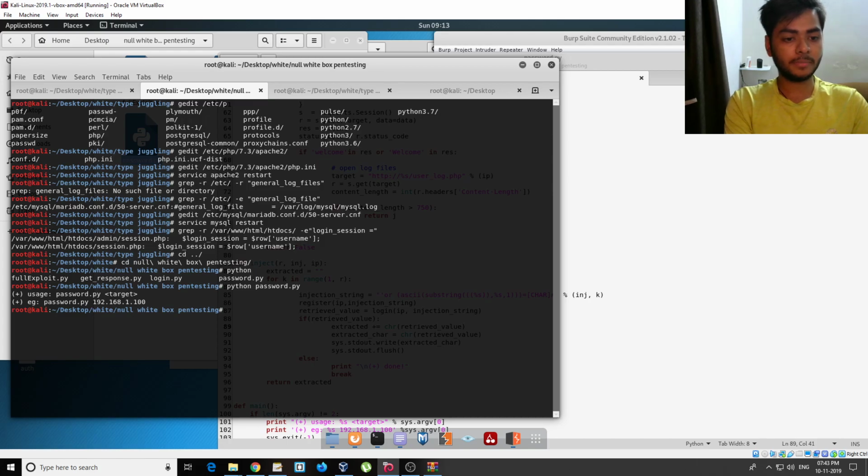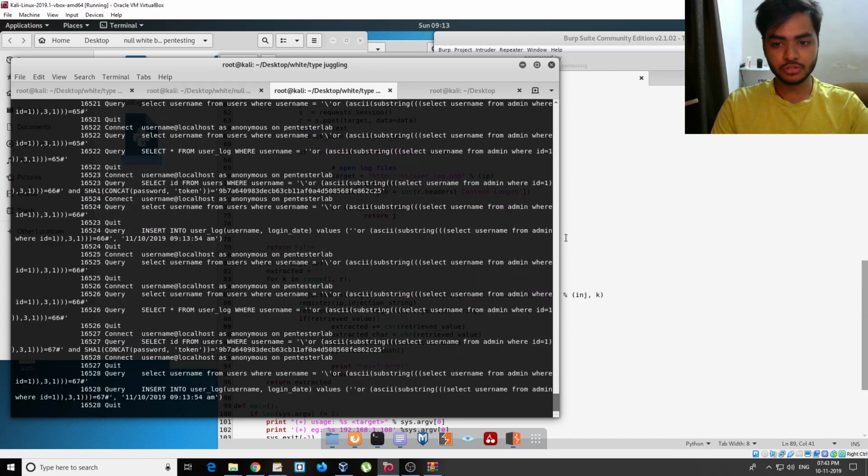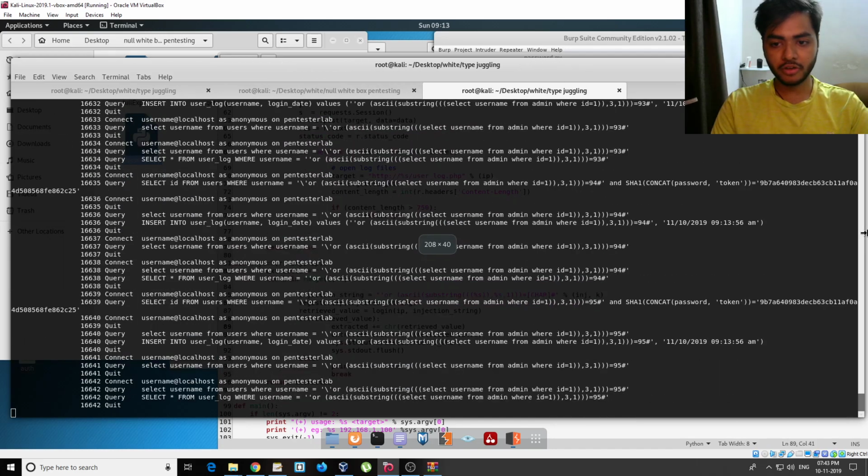This takes one argument, which is target, and my target is localhost htdocs. So there it is. You are getting values printed here, and if you see this SQL log files,